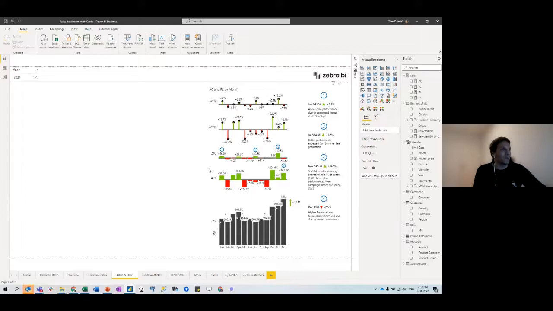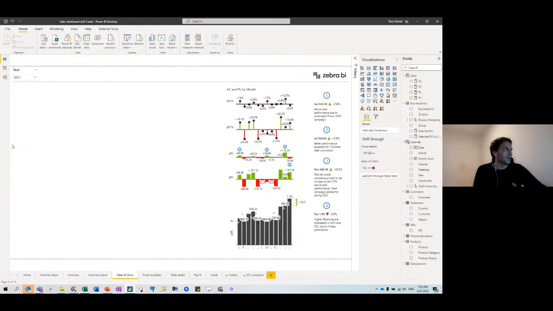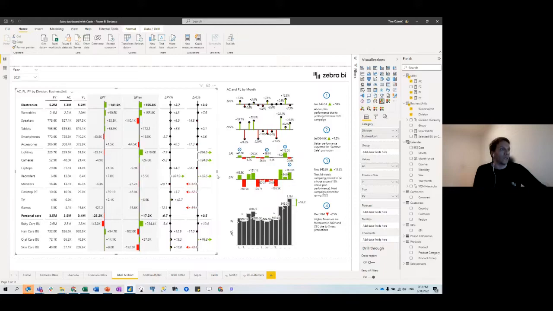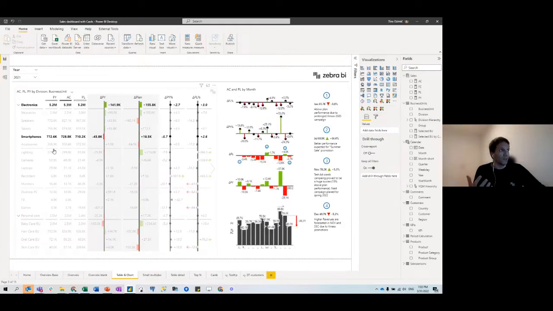And maybe let's bring back the table that we created before. So let me just resize this, and the table should be somewhere here. Let's make it a bit bigger. Now, of course, the interaction between visuals works perfectly fine, the same as we are used to within native Power BI. Let's say I want to focus on a certain element, like, I don't know, smartphones. I can just simply click on this element, and now, of course, the table has been filtered accordingly,